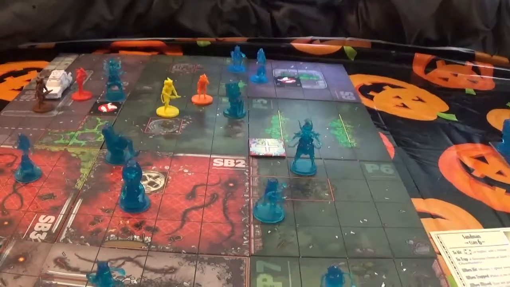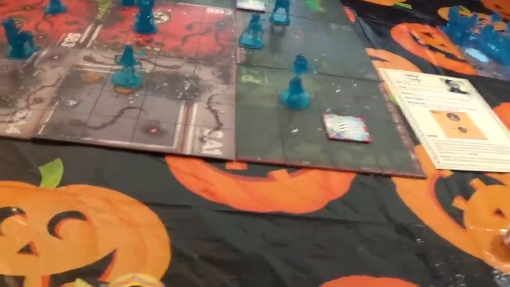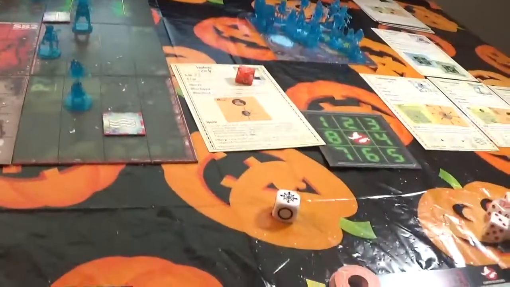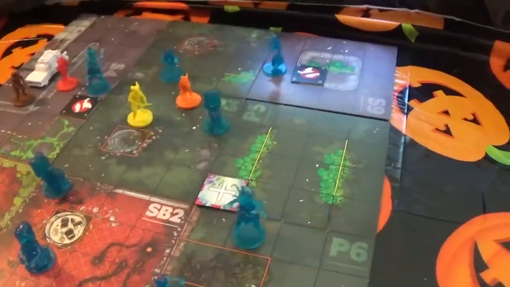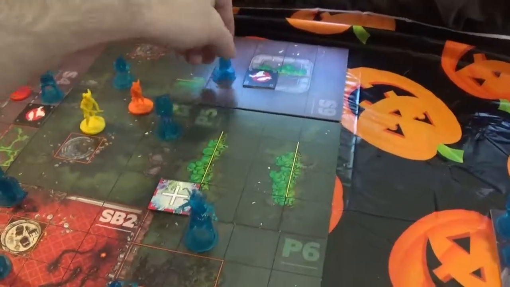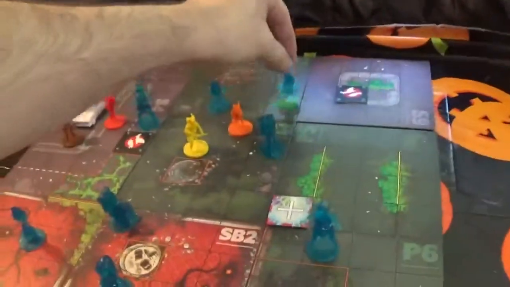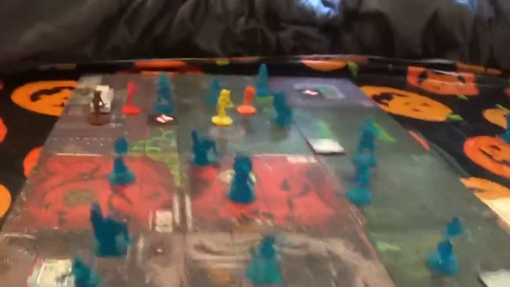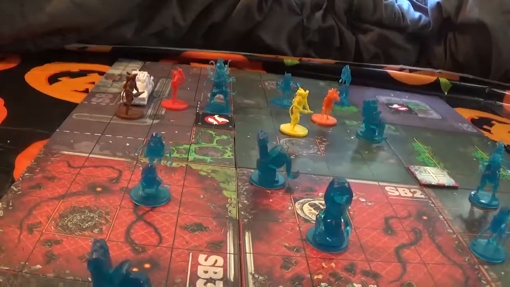Alright, so the Galloping Ghoul moves 2 spaces in a random direction. So let's go ahead and do that. It's going to move 2 spaces, 7. It's going to move 1, 2. Okay, this one here moves 1 space towards the closest Ghostbuster, so it'll go here. Then moves 1 space in a random direction. Alright, moves back. Alright, the big Boogaloo moves 2 spaces towards the Ghostbuster and then moves 1 space in